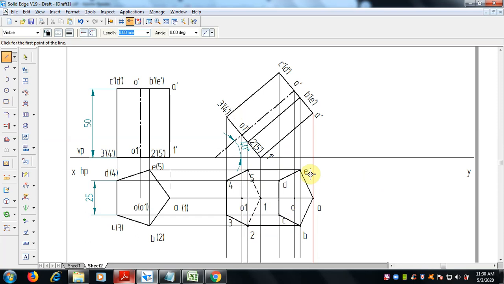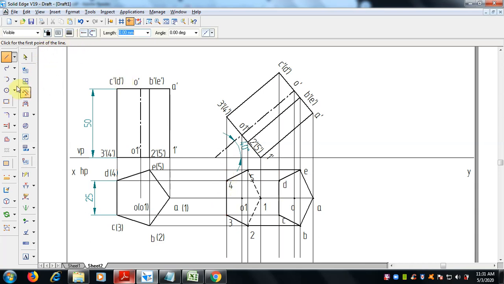Now the longer side edges should be joined. You can see the visible edges. So this CD is a visible edge, and CD is a visible corner, and 3 4 is a visible edge, and 4 is a corner.